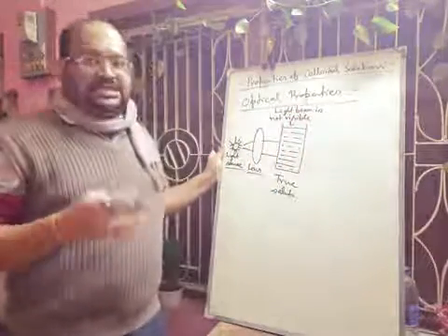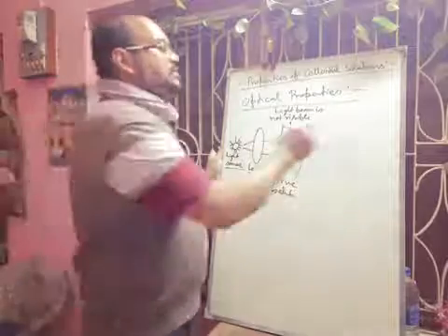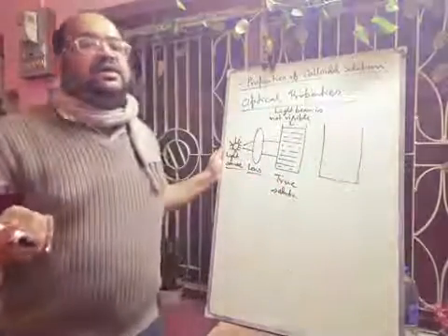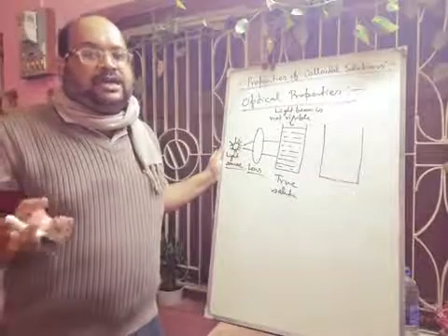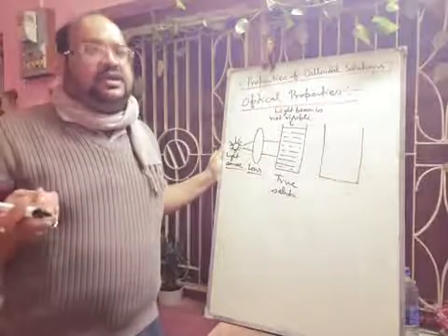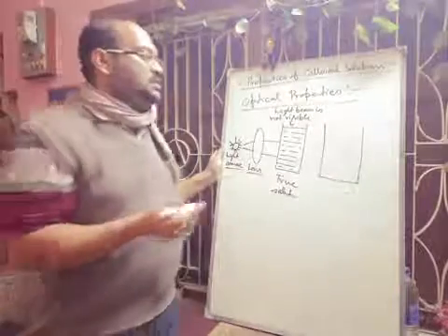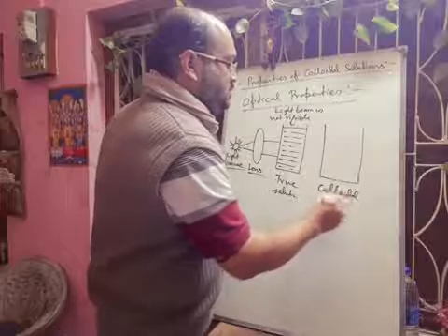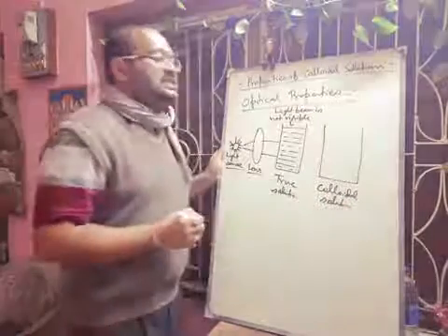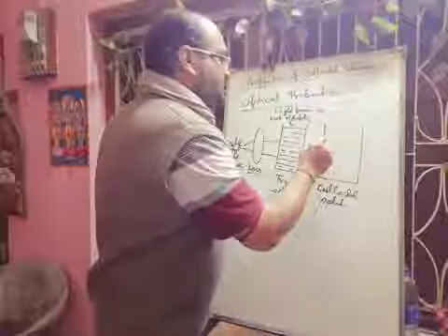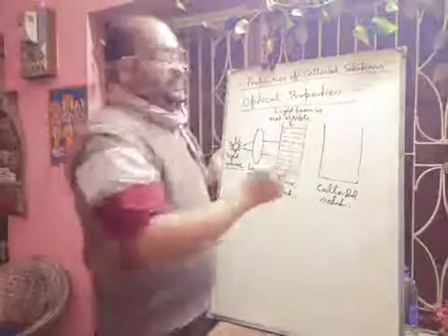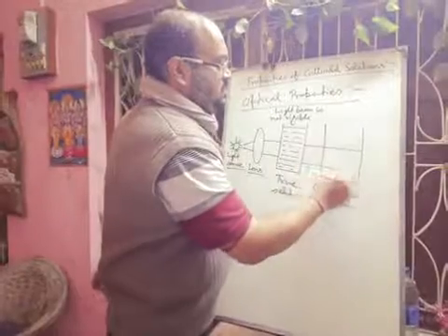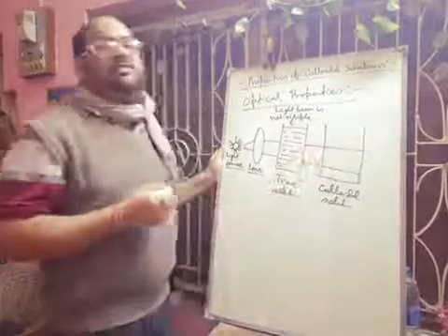But next, if we keep another colloidal solution, we can prepare it by taking egg albumin and a little bit of sodium chloride and water. We can take starch solution in water. That will be the colloidal solution. Then in this case, what will happen? We will be able to see the path of this light. Here the light beam will be visible.